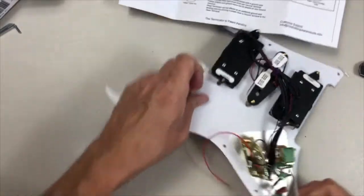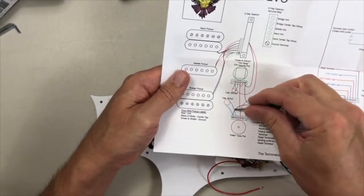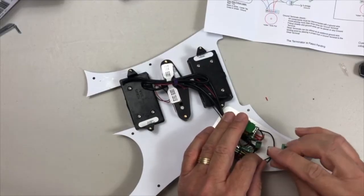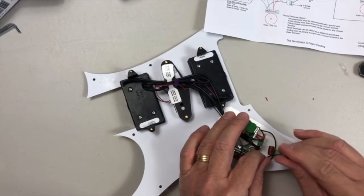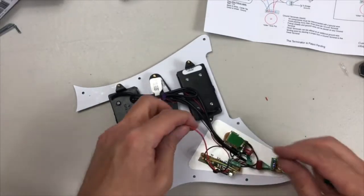Might as well put this one. Let's see, it's going to go from here over to the tone pot. Tighten it up. Loosen it up, tighten it up now. So it's going into the same terminal with the ground cap. Now,